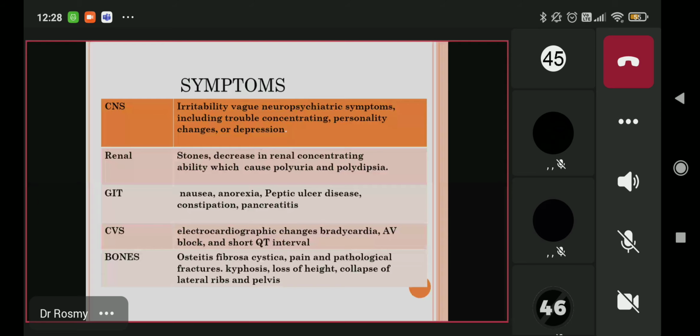Okay, then bones, as madam has already told, there will be bony pain. So there will be easy fracture. The bones will be so thin as osteoporosis has already occurred. So a trivial injury or trauma can produce a fracture. And if such a fracture occurs in the vertebral column, the height of the patient will reduce. So that is why it is called loss of height. There will be kyphosis, curvatures, bending of the spine. That also can affect the patient's height. And along the ribs and at the lateral margins of the clavicle, the patient will have pain. So that is also another feature.